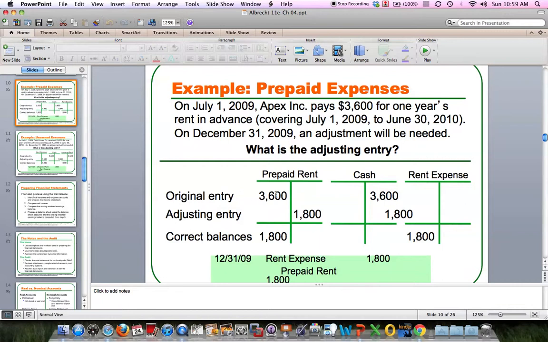The original entry is we're going to debit an account called prepaid rent, and we'll credit cash. So our landlord said, I'll definitely lease this property to you, but I want a full year's worth of rent from you in advance. And we say, that's fine, we'll do that. We debit prepaid rent, which is an asset. Remember that assets are economic resources that benefit our business in the future. And so now I've got this asset called prepaid rent that will allow me to occupy the property for the